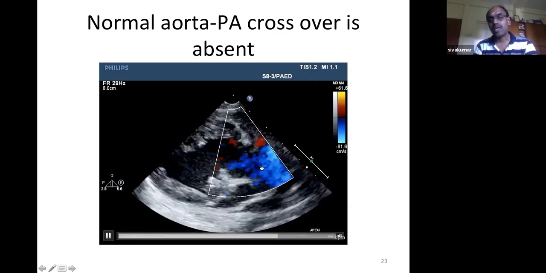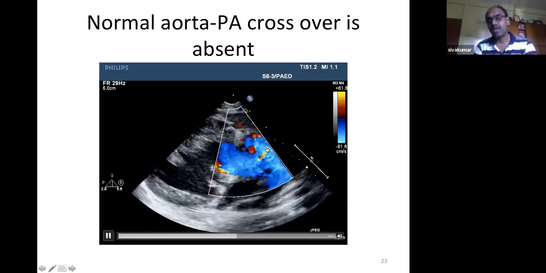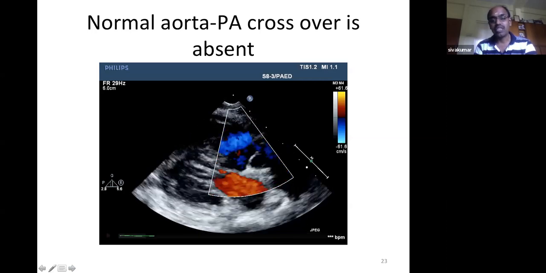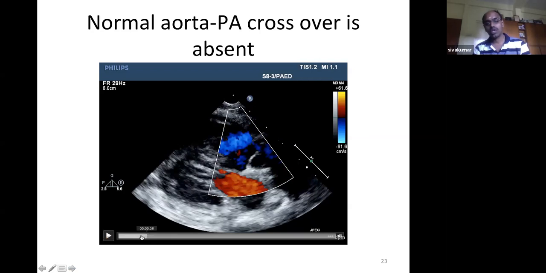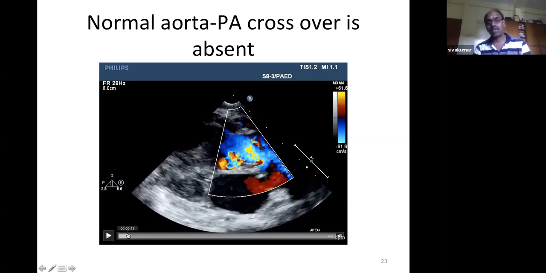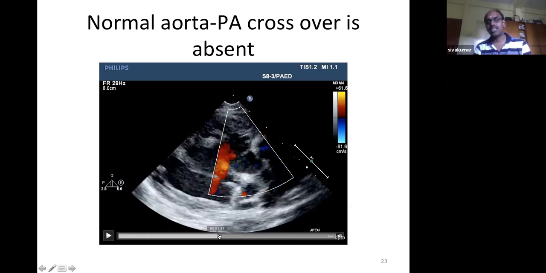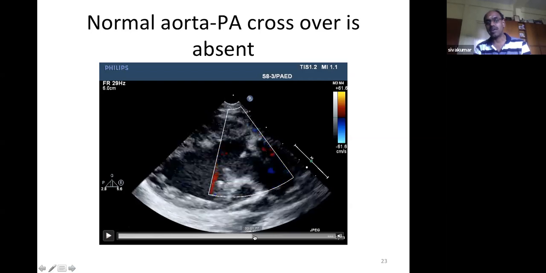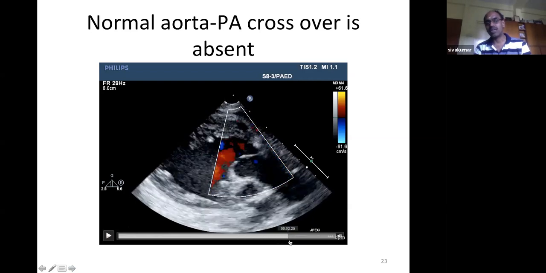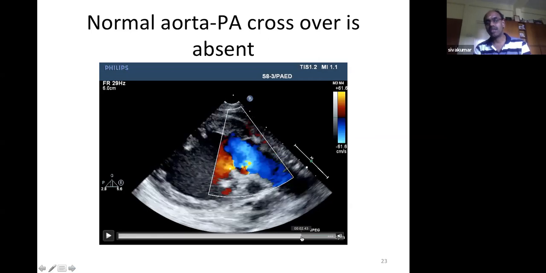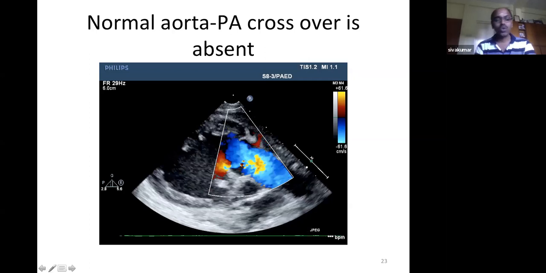So this is the pulmonary, and on a leftward sweep, the aorta. You can appreciate this is the aorta now, and this is the pulmonary. I can freeze it and show. So this is the pulmonary valve, and as we move further, we are sweeping progressively towards the left, and now this is the aortic valve. You can appreciate the coronary coming off from the aorta. So you have to move from left to right in order to get the two great arteries.